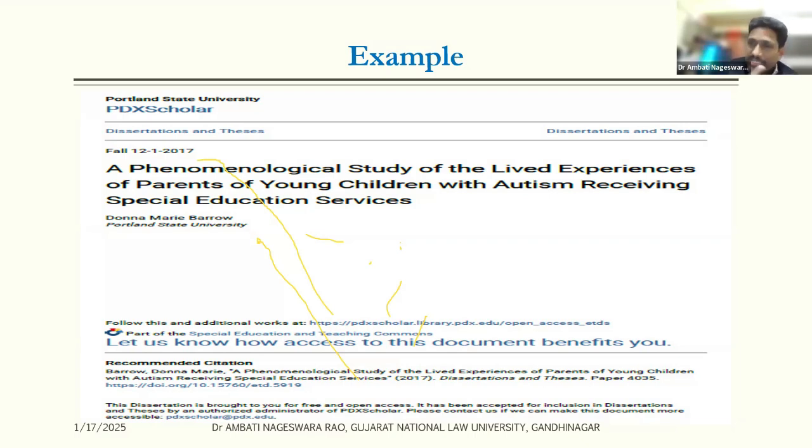She did not start asking directly based on her research questions. She started with what this particular photograph is all about, what the context is all about, how you are able to get the services, how your child is getting education, what kind of impact it is having on the children's education, what kind of social life there is. So as a parent, they were able to open up, they were able to discuss problems without feeling very bad about their children, without feeling very bad about their own experiences.